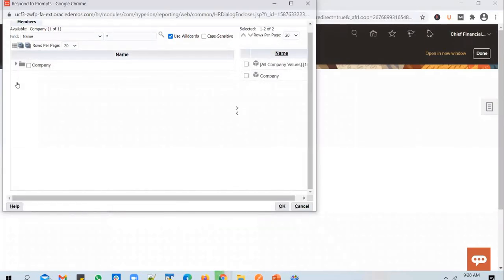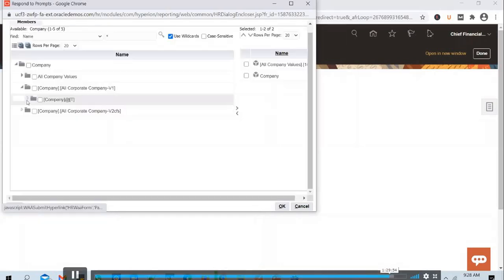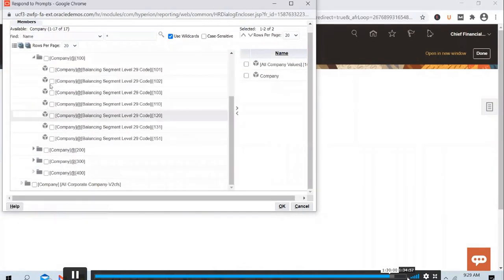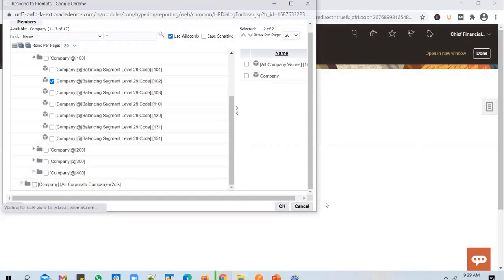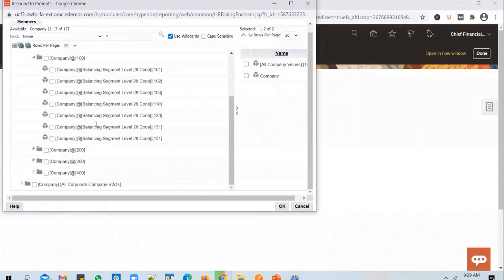Let's expand the company segment. All company segments. And select 102. I think it's pulled from, not from the hierarchy.